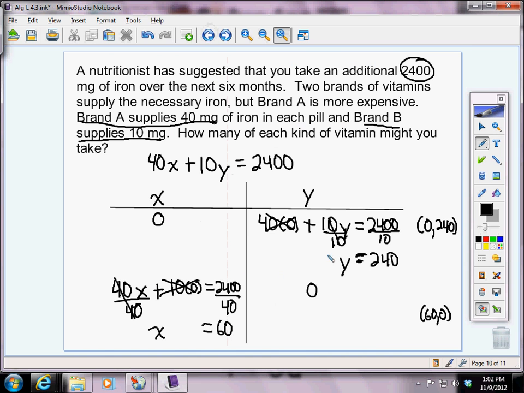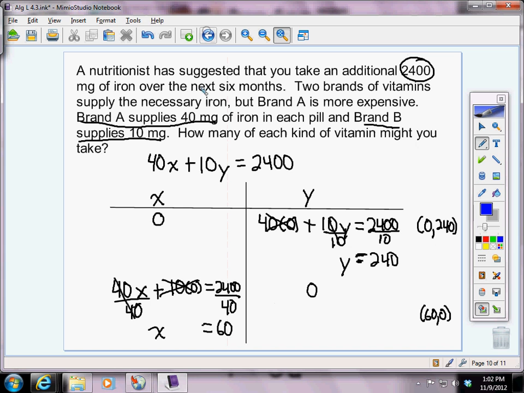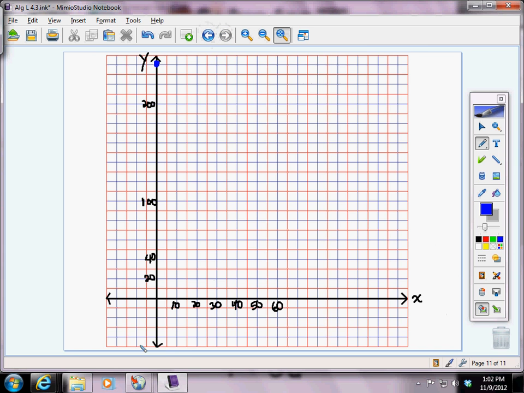Okay, now to graph this, let's graph the point 0, 240. So 0 means we don't move left or right at all. Here's 200, 210, 220, 230, here's our 240. And we also have to graph 60, 0. So I move 60 to the right and 0 up or down. Now, if I draw my line through here, I'm not overly concerned whether you draw arrows through it or not, because again, in this situation, we're not dealing with negatives. This line represents all the possible combinations we could use so we get our necessary requirement